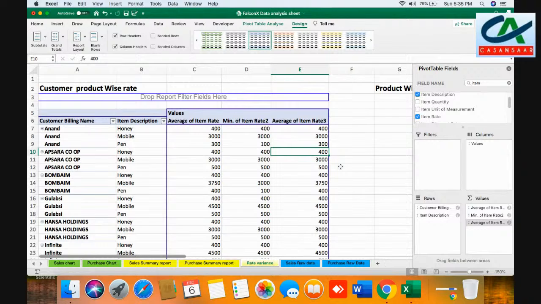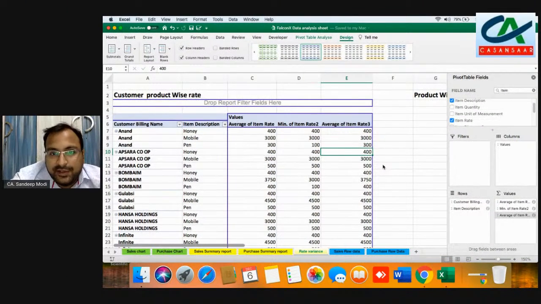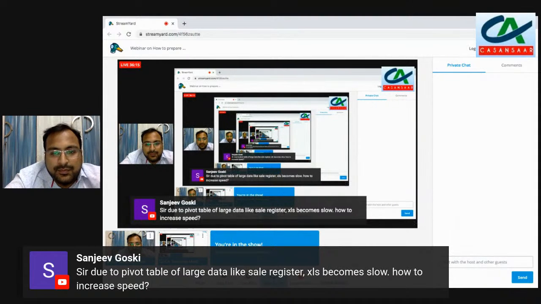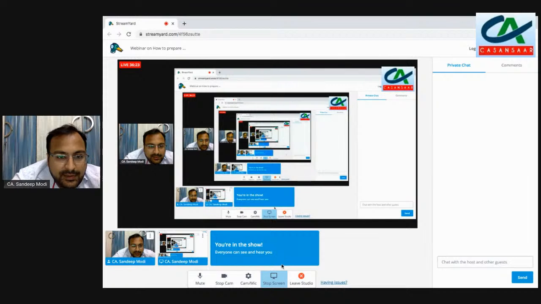This was the MIS report for management and for everyone. This data is dummy data. If you have any doubts, you can write to us in the comment box. We will be happy to answer all your queries. If you have any doubts relating to this, or we can move ahead with GST. Okay, let's move ahead. Sanjeev, we will answer your query at the last. So due to pivot table,